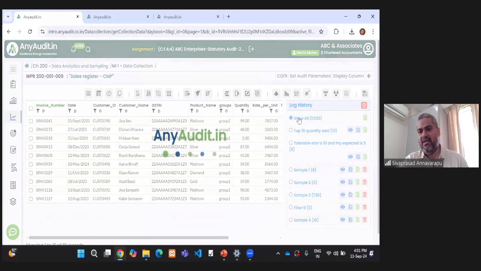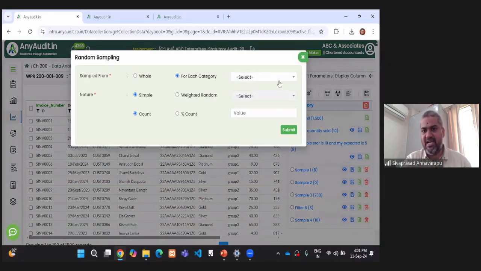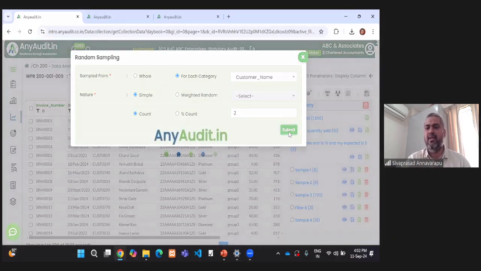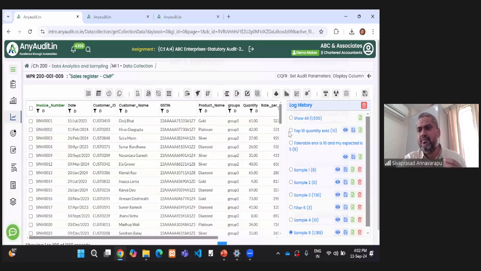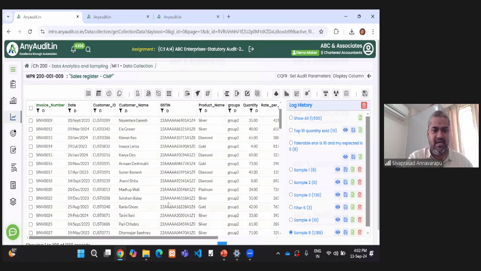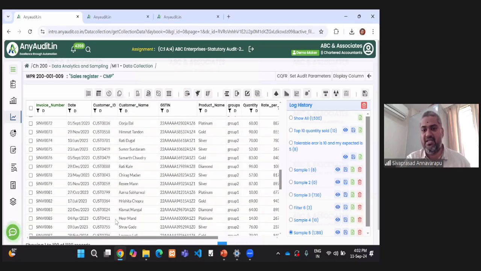Now I can further refine it and ask the system in any combination that I want. Like for example, for each category of vendor, for each category of customer, get me 2 items at random. Now it's a representative sampling, attributive sampling. So from each attribute of customer name, I want to have some representation. So the system will check how many unique customers are there, and then for each customer, select 2 at random. Now, if not random, can I make it weighted? That also the system will be able to do. Now, the system has generated some 100 plus records for me, taking 2 records from each of the customers that I have got.